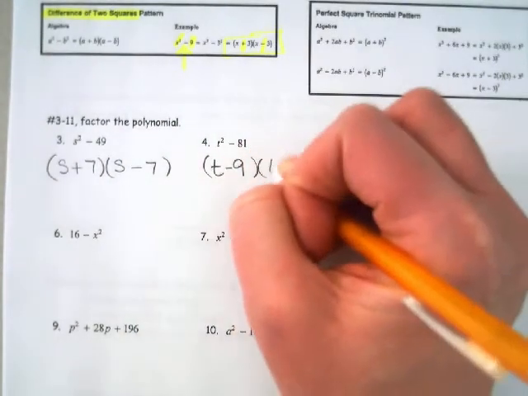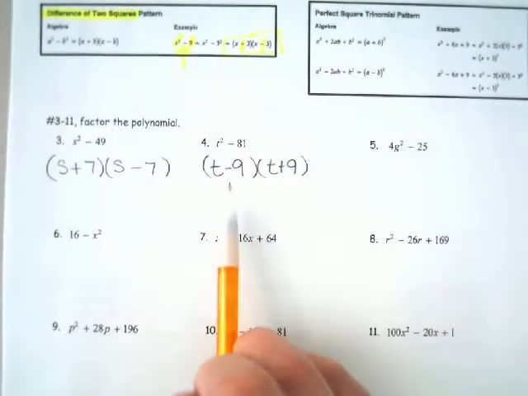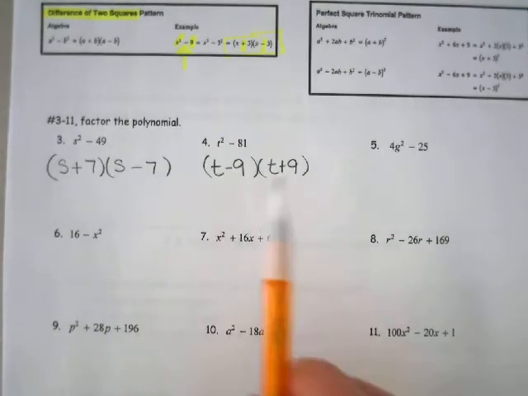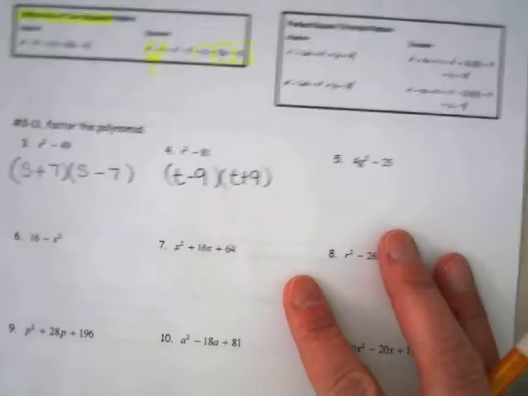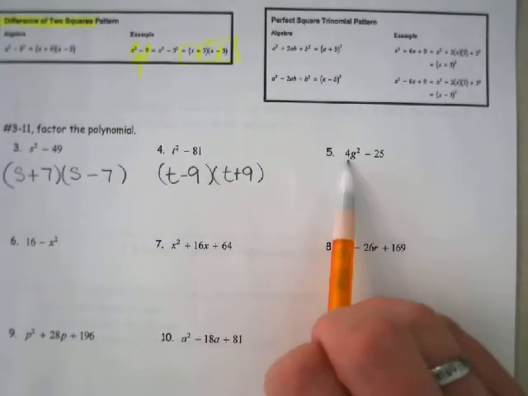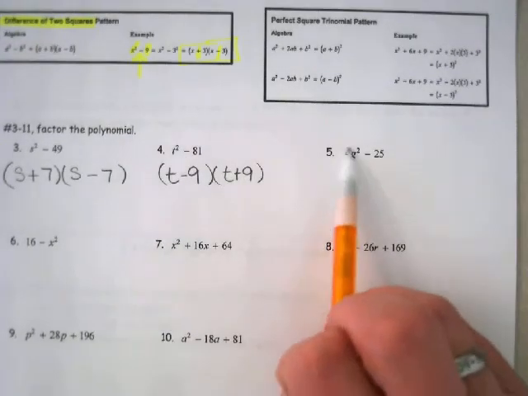All right, you should have t minus 9 and t plus 9. Do you see how I did the subtraction first? It doesn't matter which one you do first as long as you have the t and the 9 and then the alternating signs. If you look at number 5, notice you have a number in front of your square term,